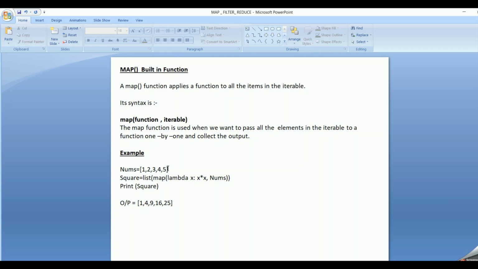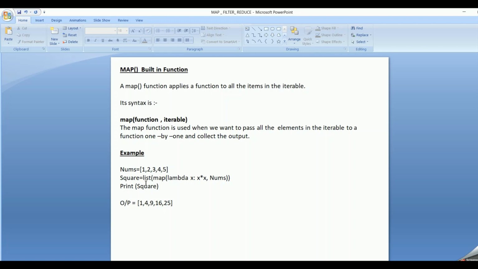So we put the numbers in the list and then we pass it to the lambda function so that it will perform the square of each number present in the nums list. And finally, we get a map object to which we are passing list, so that we get the output in the list format.